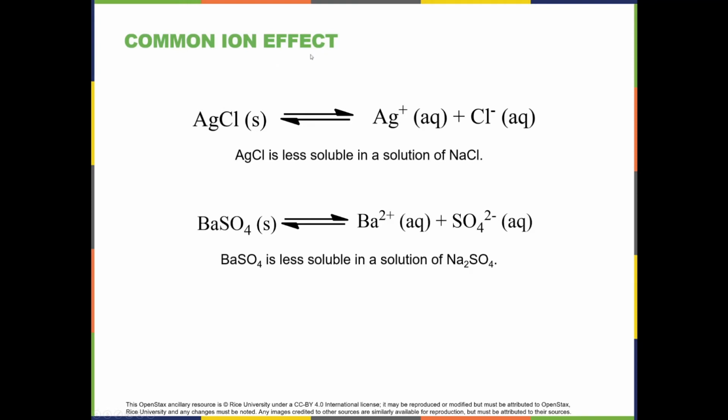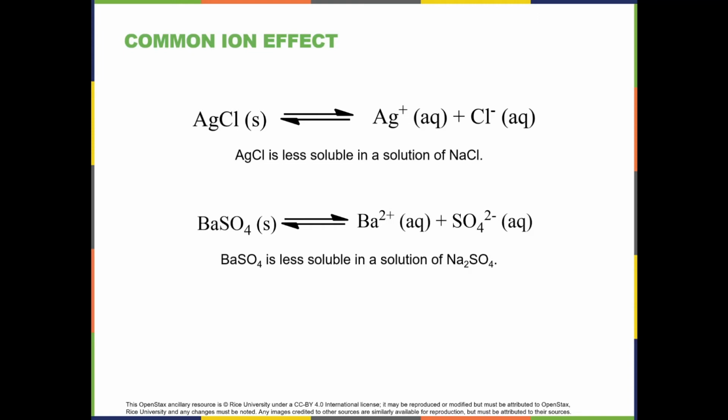Remember, this is called the common ion effect. What about barium sulfate? Well, what about its solubility in sodium sulfate? Sodium sulfate is going to be a source of sulfate ions. If you increase the concentration of sulfate, it shifts the reaction to the left towards barium sulfate, making barium sulfate less soluble. So generally speaking, if you have a common ion, that common ion is going to make the